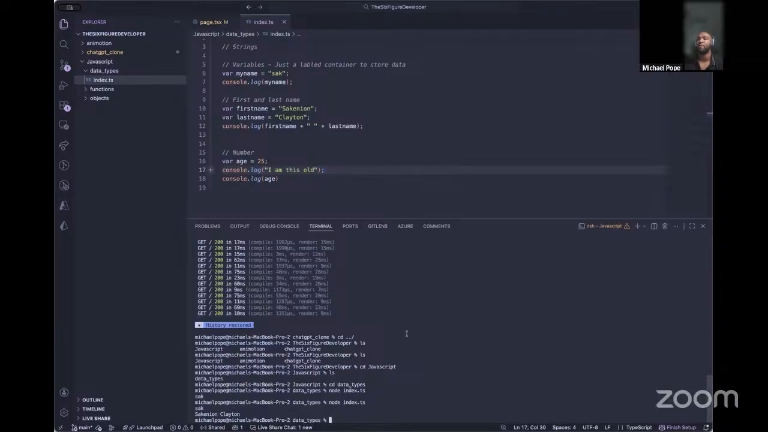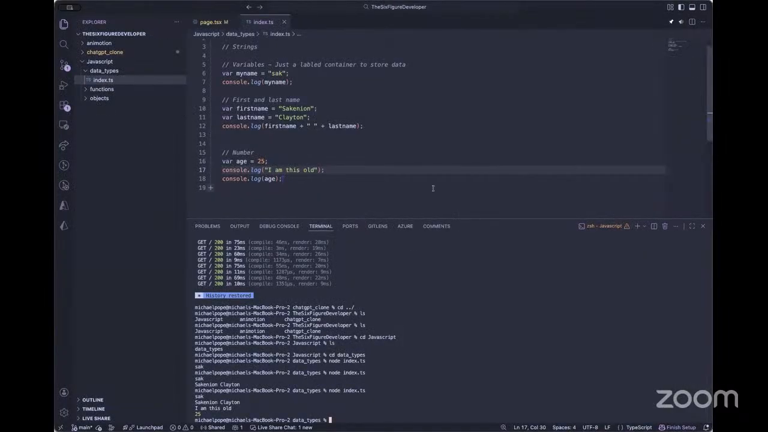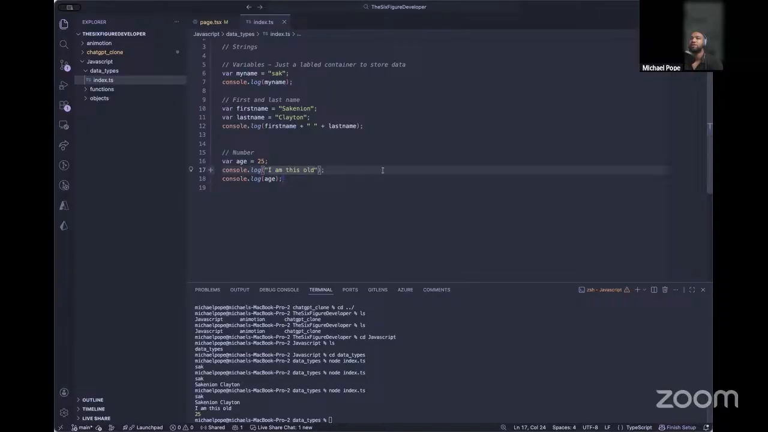Perfect. Yep, and now we can go back to the terminal, and then we can run this again. Yeah, and then yep, perfect. Yep, and this old 25. Okay, solid. All right. So we got that. All right. Now let's do